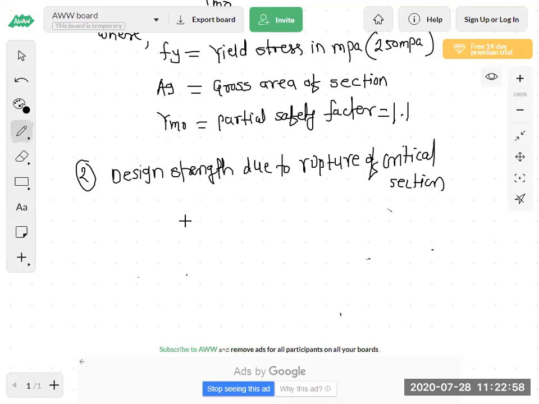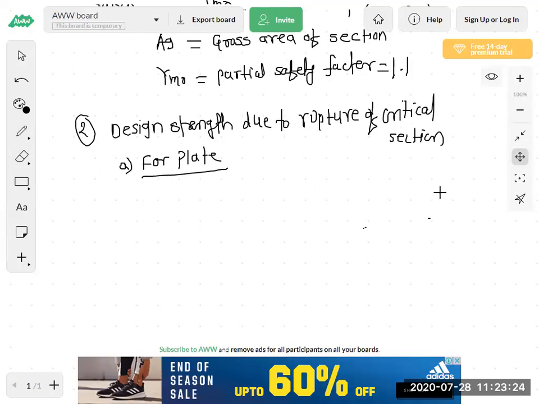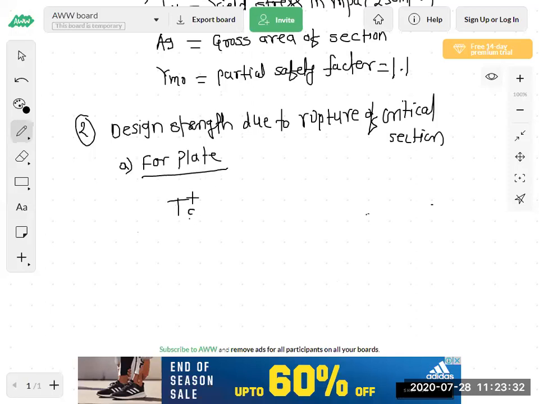Yes, sir. So now, second design strength of the rupture is the design strength due to rupture of critical section. So now, here the different formula for plate and angle section. If we are using plate, so design strength due to rupture for plate is different formula and for angle is different formula. So here for plate the formula is TDN,